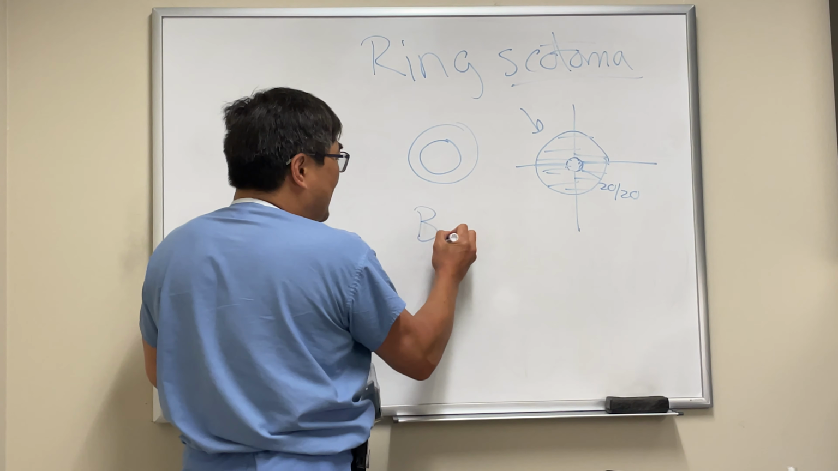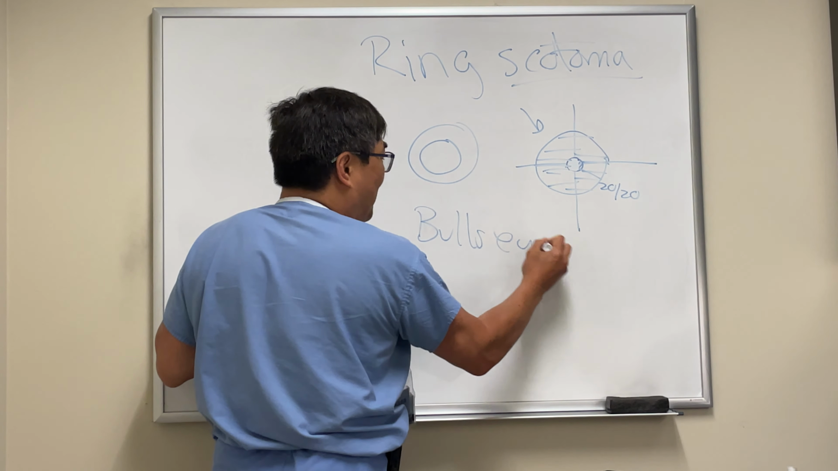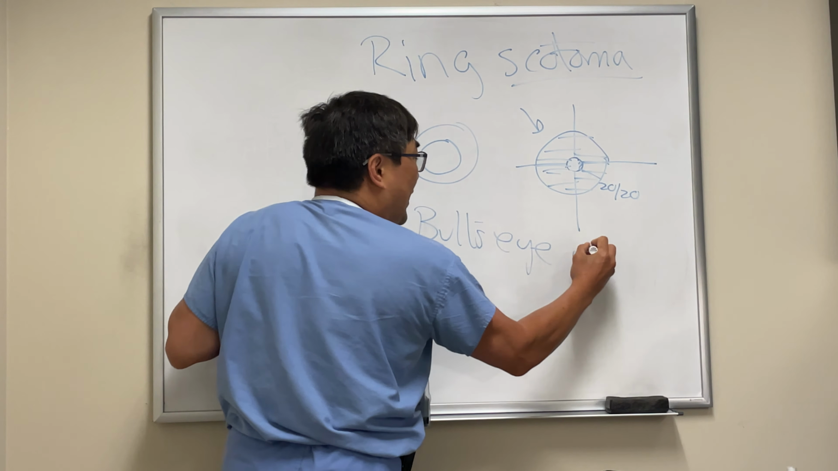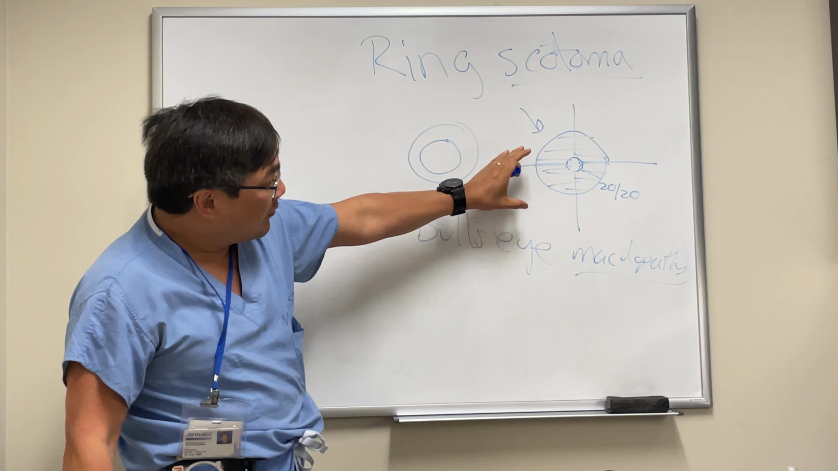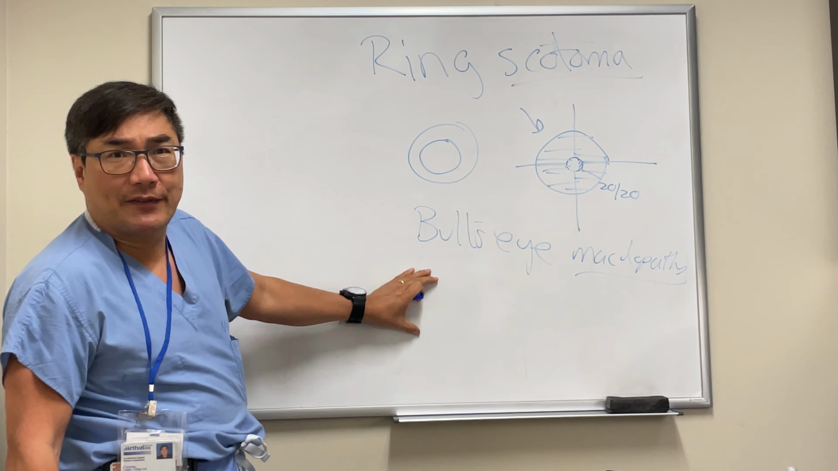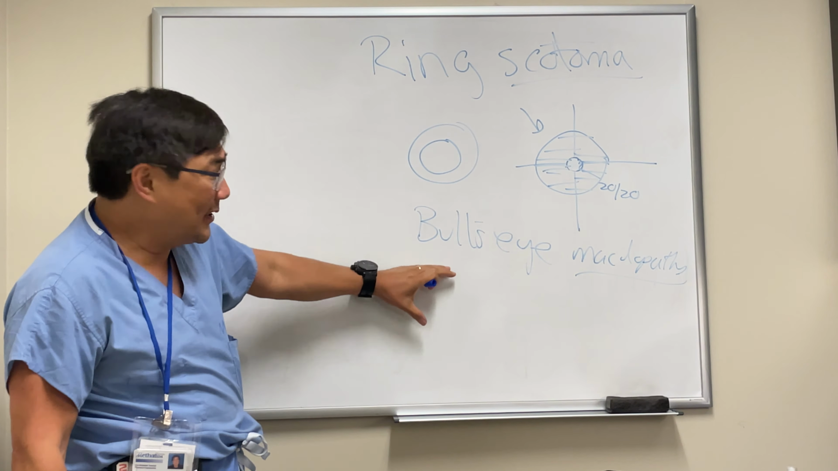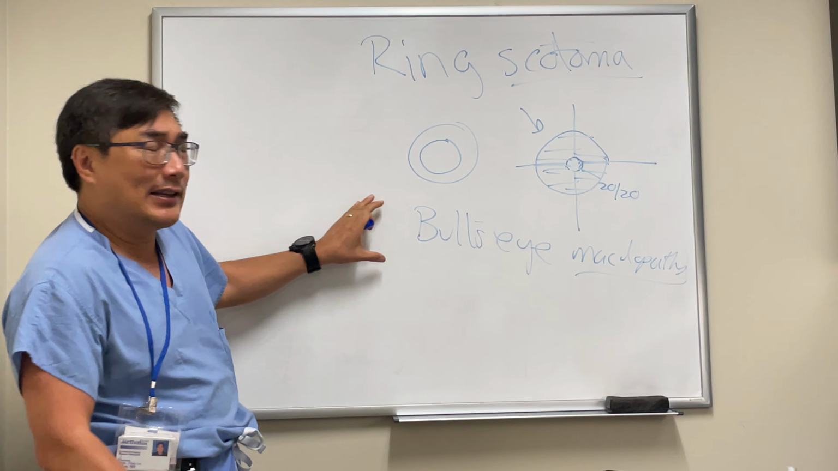And the prototype is the bullseye maculopathy. And the bullseye maculopathy of hydroxychloroquine is a classic thing that causes a bilateral, simultaneous, slowly progressive ring scotoma. And normally with the ring scotoma, we have an ophthalmoscopic finding in the fundus, like the bullseye maculopathy. But if we have a ring scotoma and we don't see anything in the macula, then we still have to